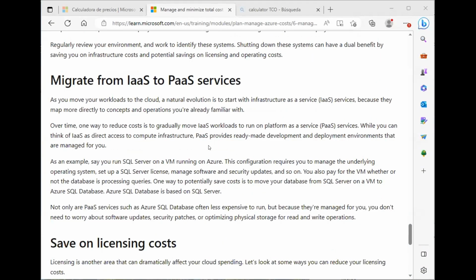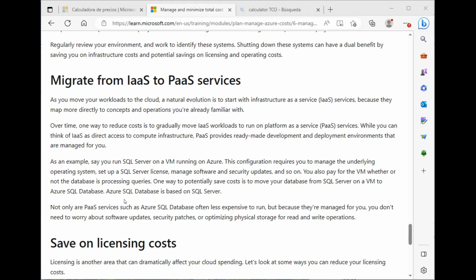Okay, migrate from IaaS to PaaS services. As you move your workloads to the cloud, a natural evolution is to start with infrastructure as a service, IaaS services, because they map more directly to concepts and operations you're already familiar with. Over time, one way to reduce costs is to gradually move IaaS workloads to run on platform as a service